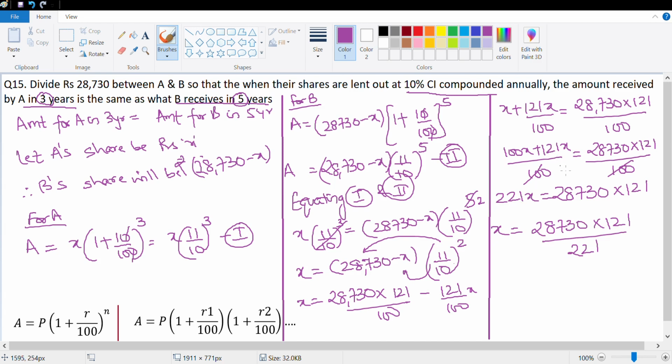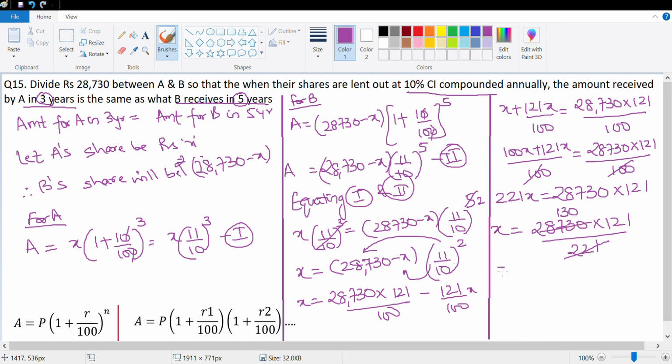Now we'll have to divide this. Let's see what we get. So 221, let's divide 28,730 by 221. That's 1, 221, 7 minus 1, 6, 8 minus 2, 6. This is 3. This was simple. That's 663. So I'll get a 0. So this is 130. Quite a simple calculation. Not a big one at all. So that's